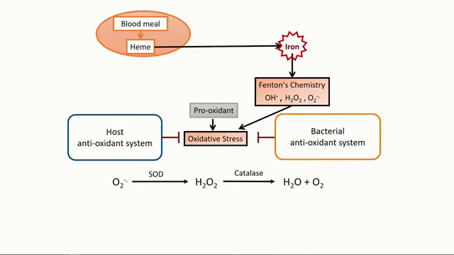Summing up the entire model that we have: once a blood meal is taken, iron is the primary driver of oxidative stress within mosquitoes. That undergoes Fenton's reaction and all that chemistry and produces oxidative stress. The mosquito then has two ways to deal with this. It can either use inherent systems within the mosquito itself, or it can rely on its microbial community to help mitigate this oxidative stress. One of the students from our lab in the audience has shown that specific bacteria found within the mosquito midgut have different tolerances for oxidative stress. So it appears there is some type of interaction between the mosquito's midgut microbial community and the mosquito itself.